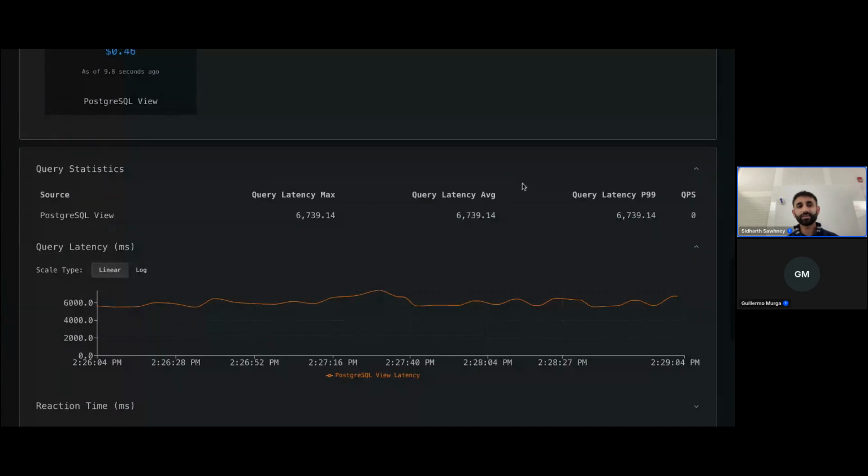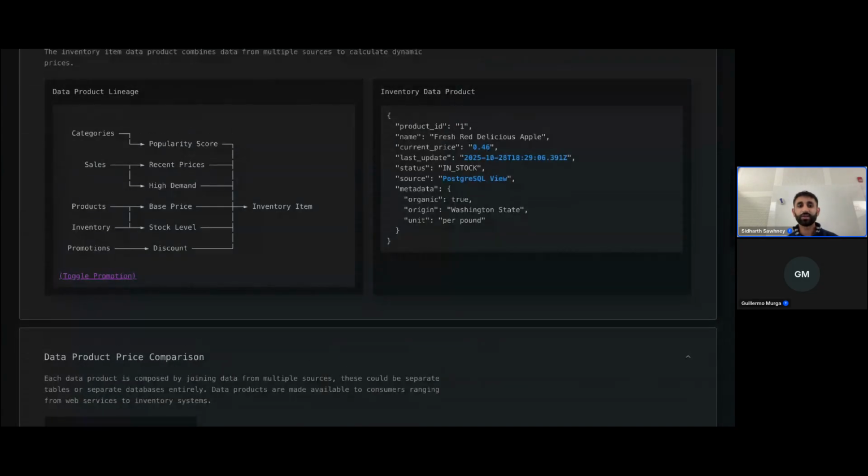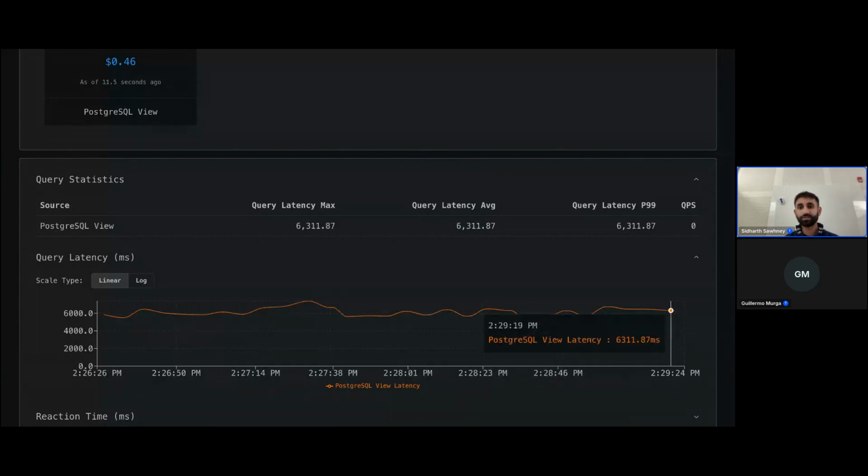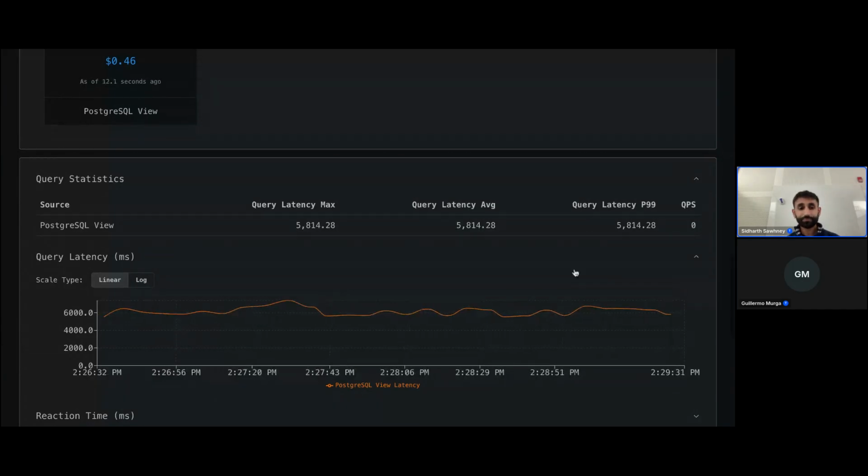So as something changes within my data product, like the demand changes or the discount, for example, changes, it takes 5 to 6 seconds for the price to change. And while that could be okay for a smart shopping cart or an online service with many customers, that might be unacceptable at the scale required.